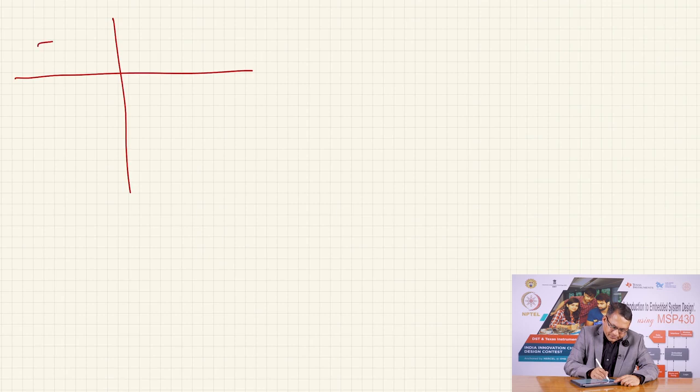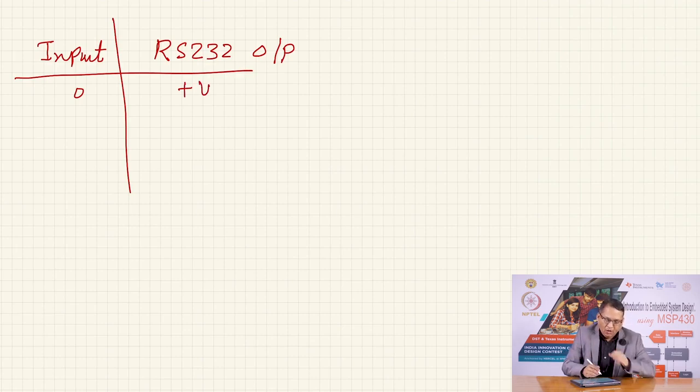If the input is 0, then the output RS232 is plus V, some voltage V. If the input is 1, then it is minus V. And what are these voltages? The value of V could be anything